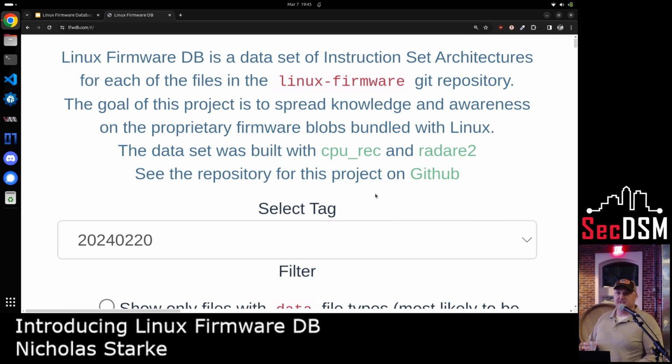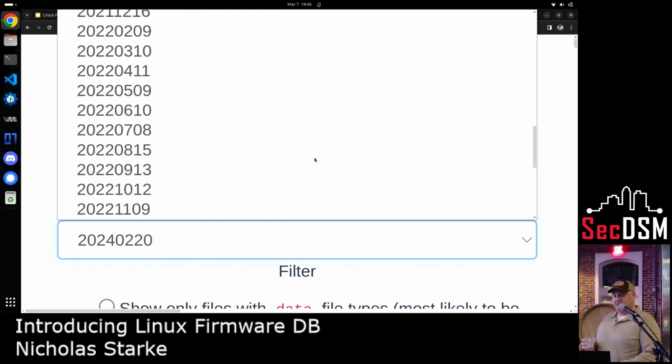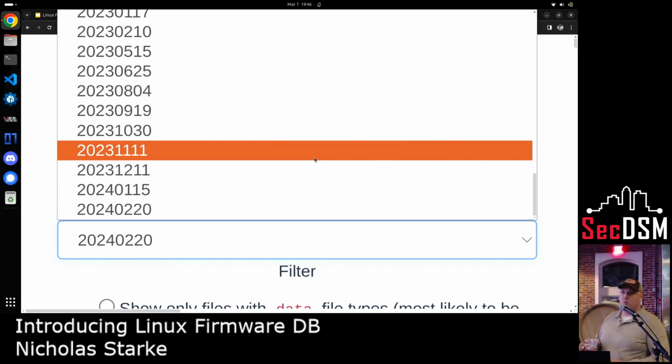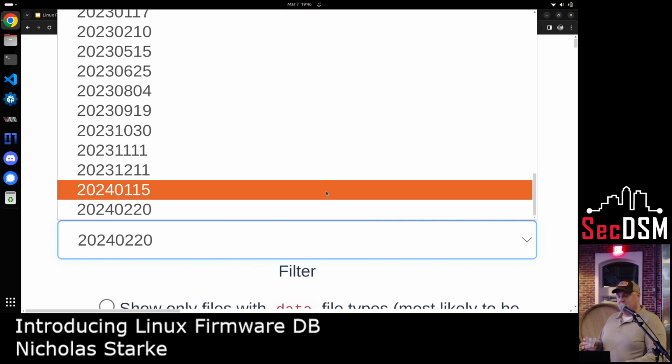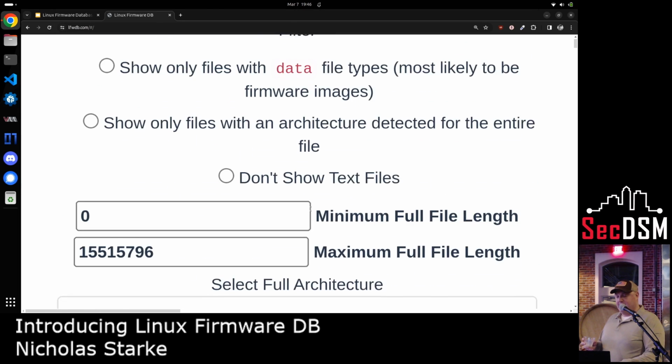They go back to 2019. There's about 50 or 60 of them, and I believe I have all of them in here at this point. So if you want to look at historically what firmware has been removed or added, this is a good way of doing that. If we select the latest tag, it loads